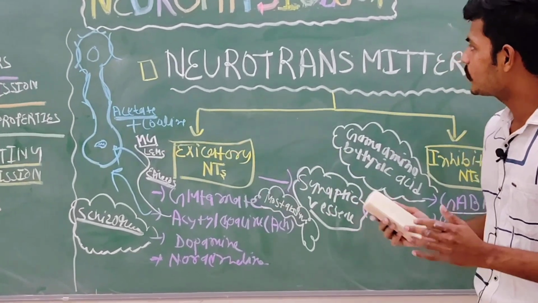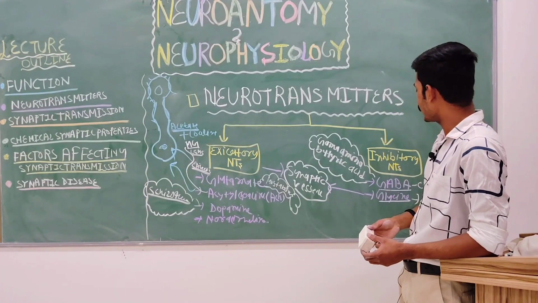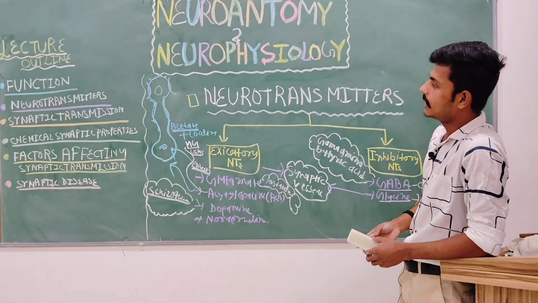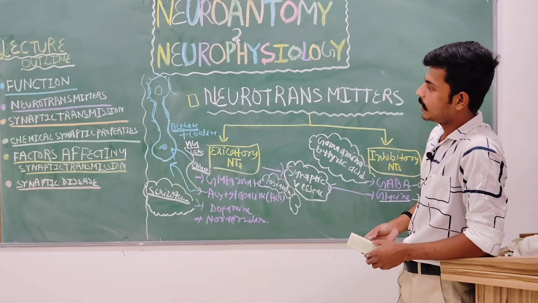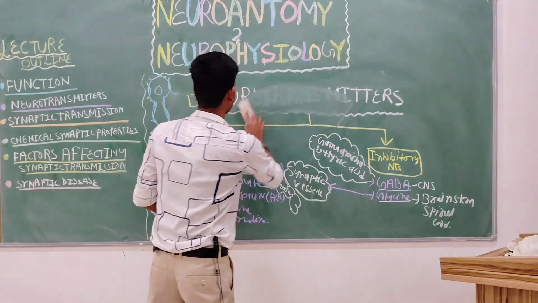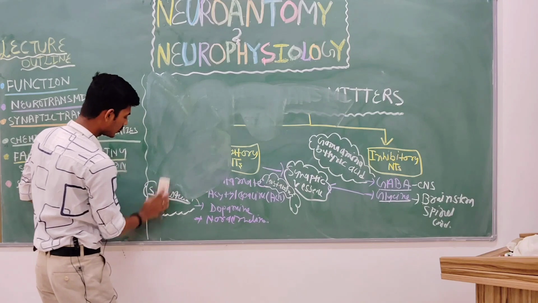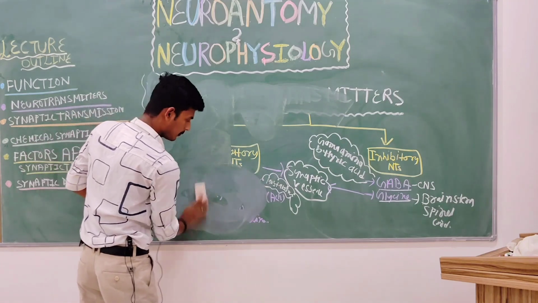Now, once we have understood the neurotransmitters, let's go and discuss synaptic transmission: how the message is transferred from one neuron to another neuron. And remember,